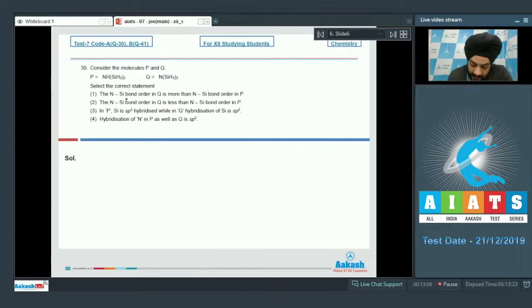Question number 30. Consider the molecules P and Q. So in P we have NH-SiH3 whole twice, and in Q we have N-SiH3 whole thrice. Okay. The examiner seems to be interested in the bond order between N and Si, and also the hybridization of the silicon atoms and the nitrogen atoms. Okay. So if we talk about the compounds P and Q, students, we have